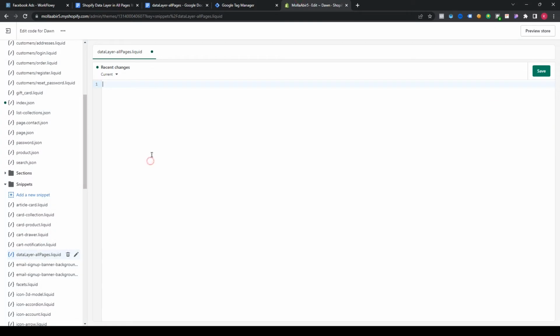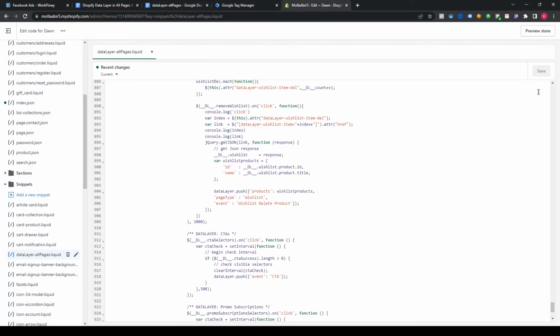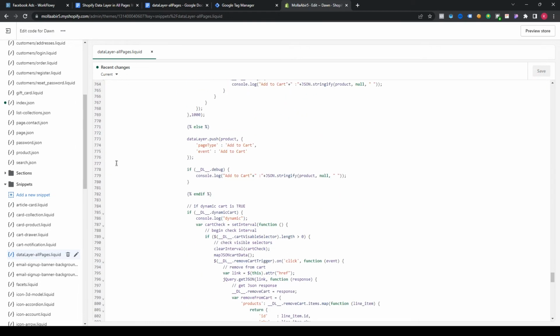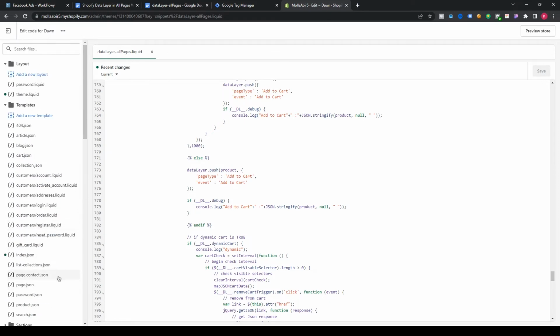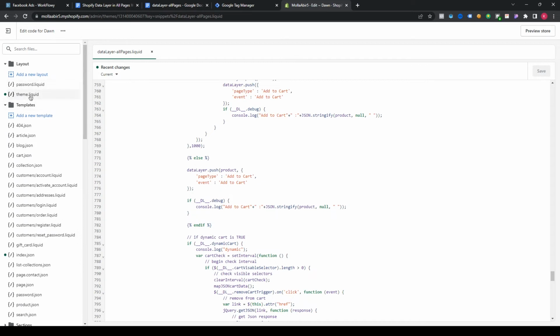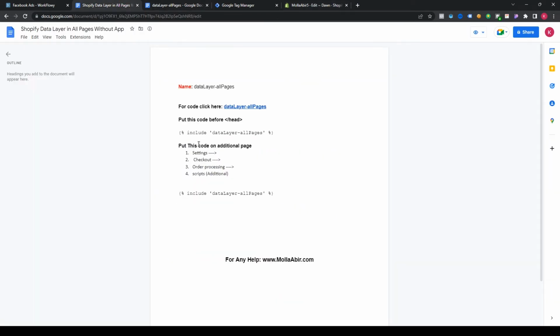Copy, just paste here and save. Our snippet code is successfully installed here, and we need to go to theme.liquid under layout and copy this code,